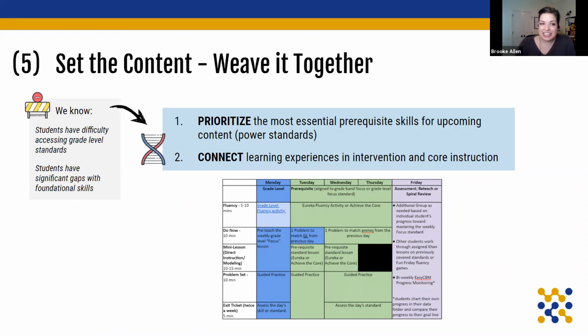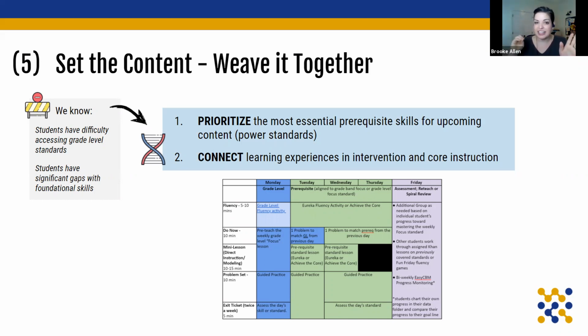When we talk about the content, we know that students have difficulty accessing grade level standards. We also know they have gaps in foundational skills. And the thing that gets us most stuck is, then what do we do with our small group time? Do we go backwards, or do we start with the grade level content? And the key here is to weave those together, to provide opportunities for both, to prioritize the most essential prerequisite skills for the upcoming prioritized